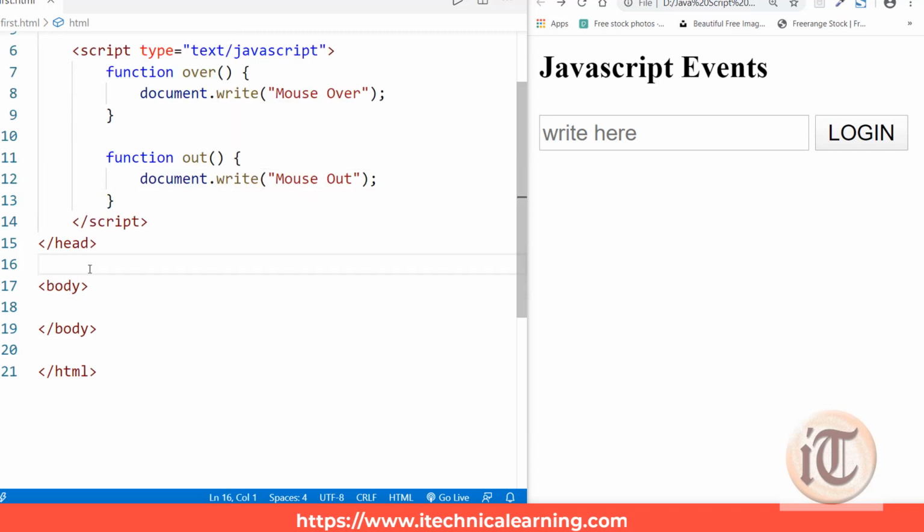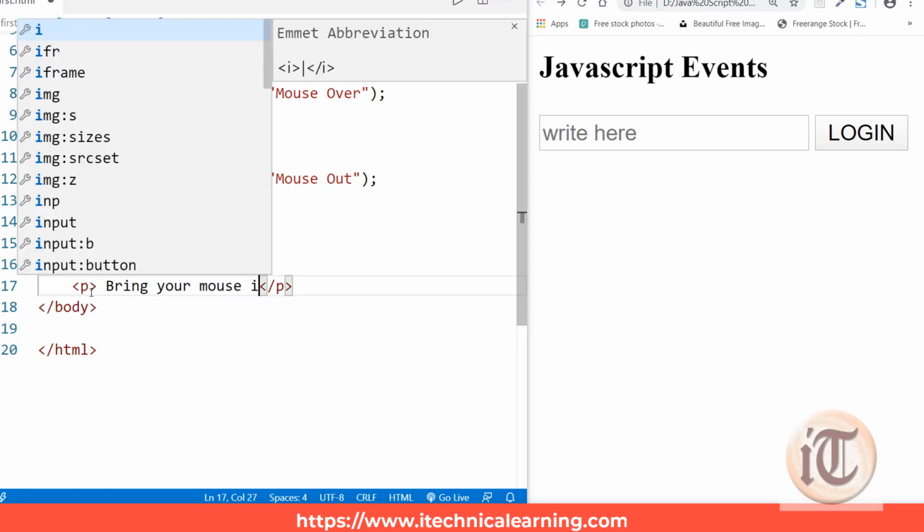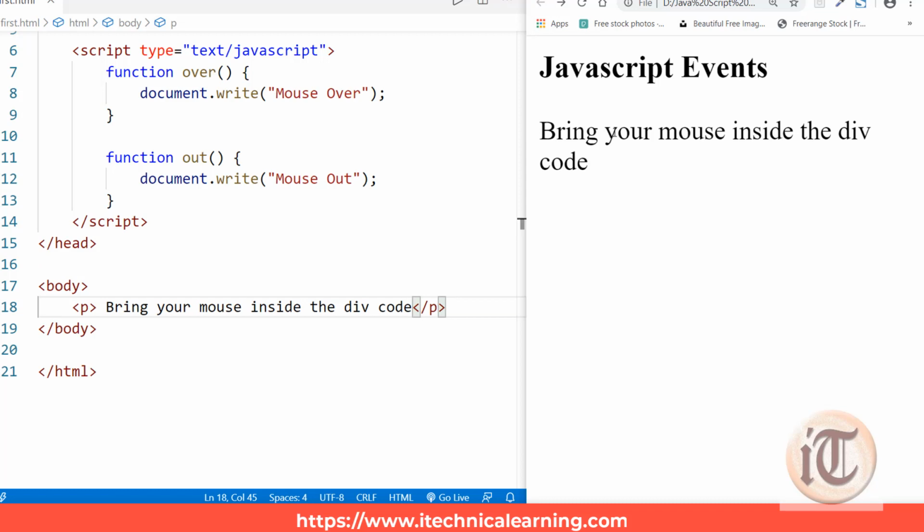I want to associate these two functions with different event handlers. Suppose my body contains a p tag, a paragraph, saying "bring your mouse inside the div". You can see it says that, but it is not performing any action.